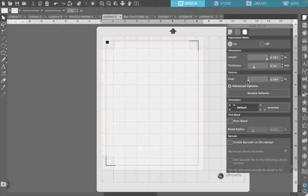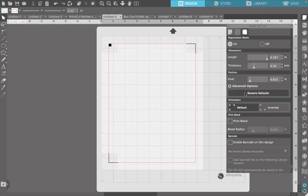If you're having any issues at all, I highly recommend you just use those factory settings. But if you're really trying to save paper, you can play around with those. If it works for you, great. If you're having any issues, go back to factory settings. That's my recommendation. I've had luck pulling those registration marks up,